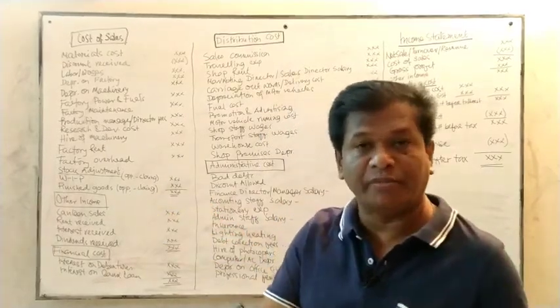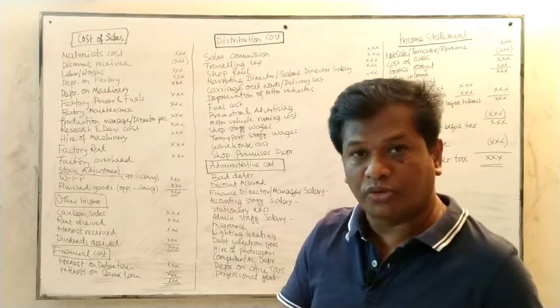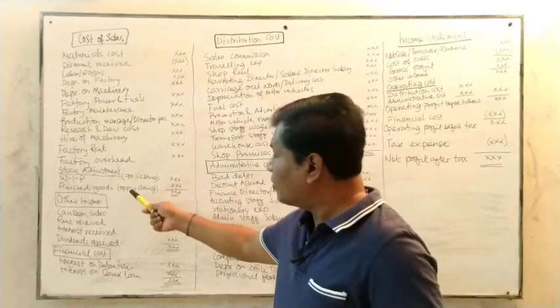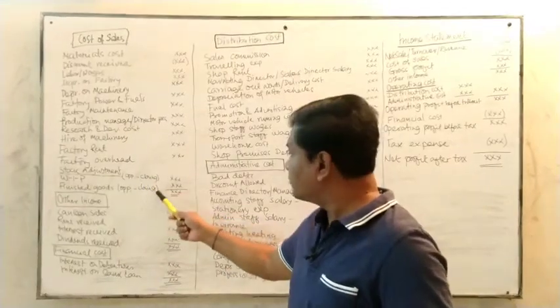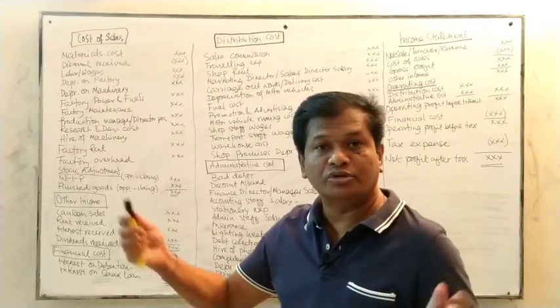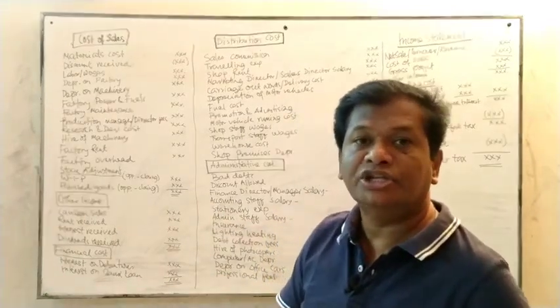Finished goods may also be available in the factory. So there are opening finished goods and closing finished goods over there. Opening minus closing, that figure is the adjusted stock, and is to be written over here. If the closing is a higher figure, then it is to be subtracted.